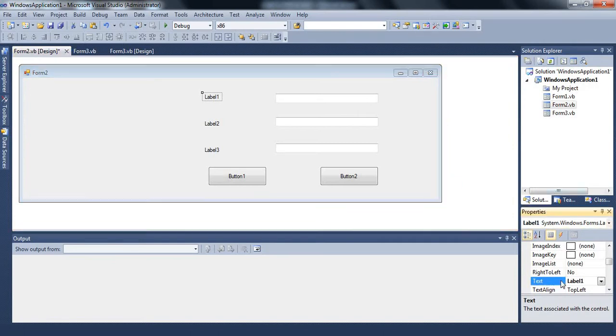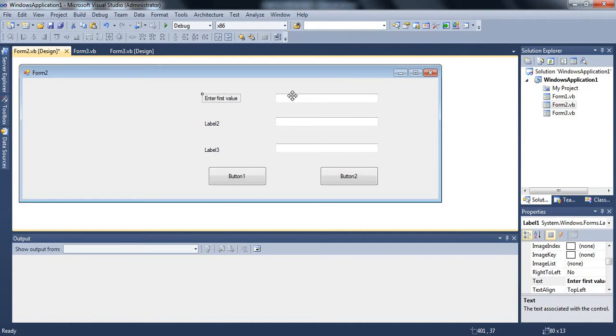Let me change label 1 into enter first value. Let me have a proper message for my user, and by reading this label, the user will understand that in the first text box he or she should enter the first number.